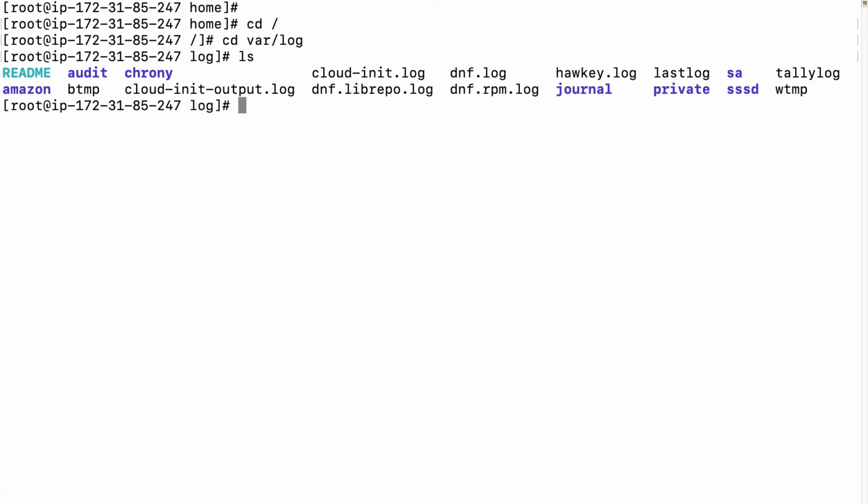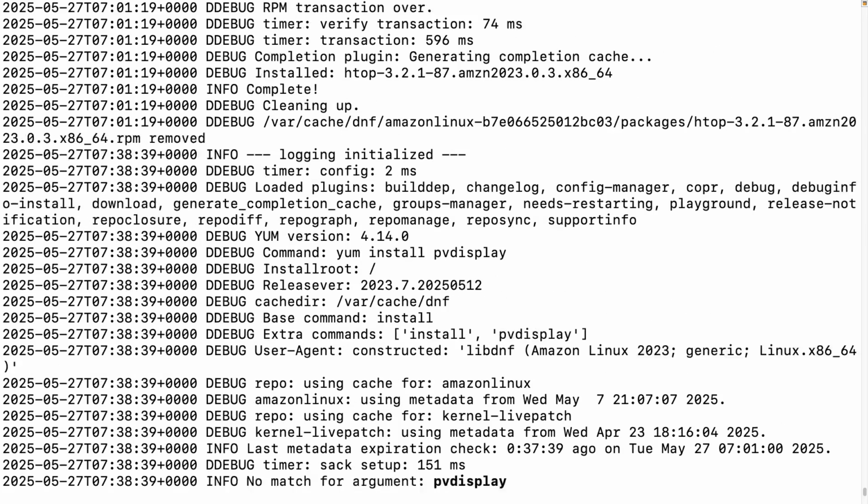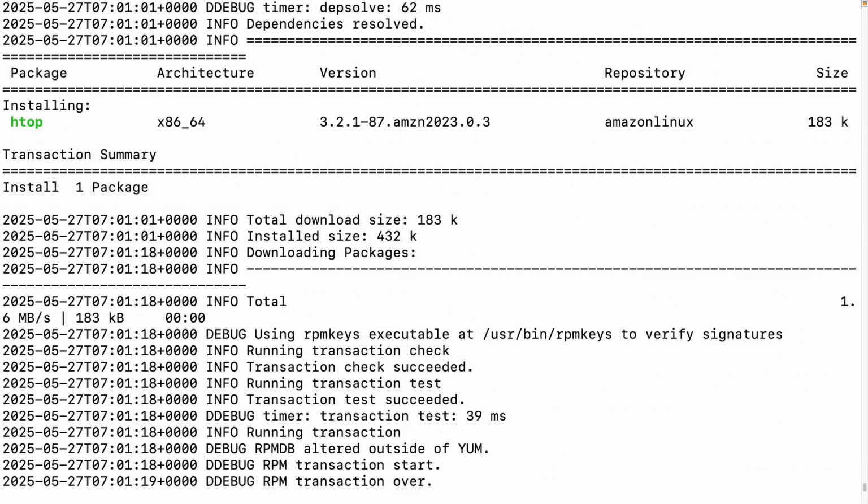Here you can see we have, suppose take one log. Suppose this is a log. Let's understand. I wanted to see the content of this file. So I will type cat dnf.log, and there is a lot of information. Okay, let's look into this. What we do,